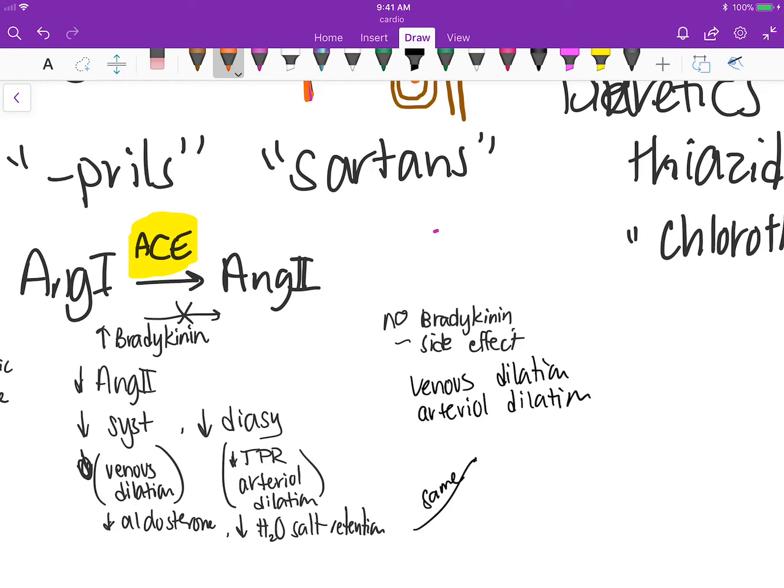The only big difference is that ACE inhibitors also prevent bradykinin from being degraded. So the reason for using sartans is that you don't get the bradykinin side effects. That's the most important thing. You don't get any bradykinin side effects, such as dry cough, angioedema. So I should put it right here. So bradykinin can cause